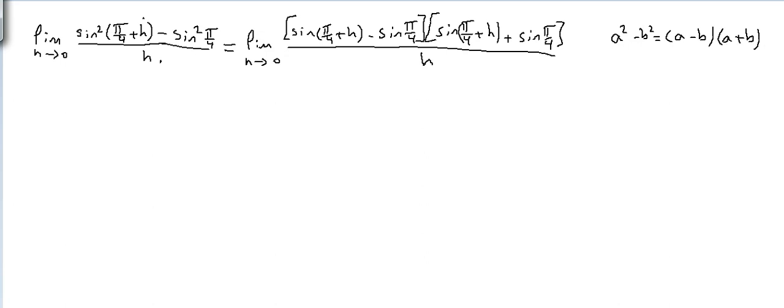And by the way, I don't have a problem when we substitute h equals 0 in the second factor, because it will be sine pi over 4 plus 0, which is sine pi by 4, plus sine pi by 4. So this part will not give me 0 when I substitute h. So the problem is in the first factor, let me see what we can work with it. Okay, first let's do this, I guess. It's the simplest way. Limit as h tends to 0. Let's keep